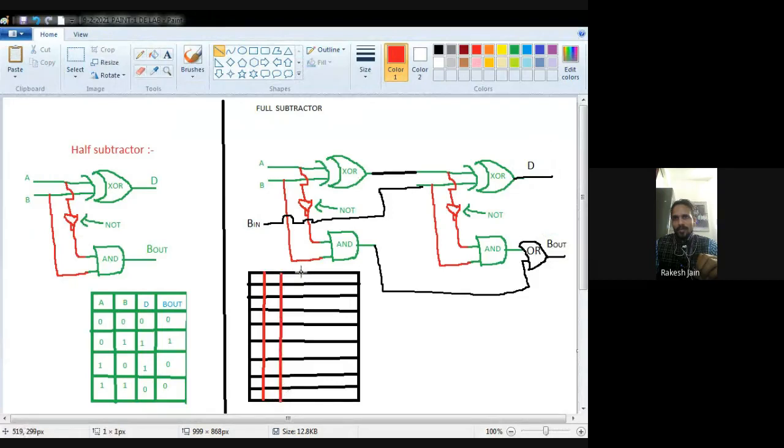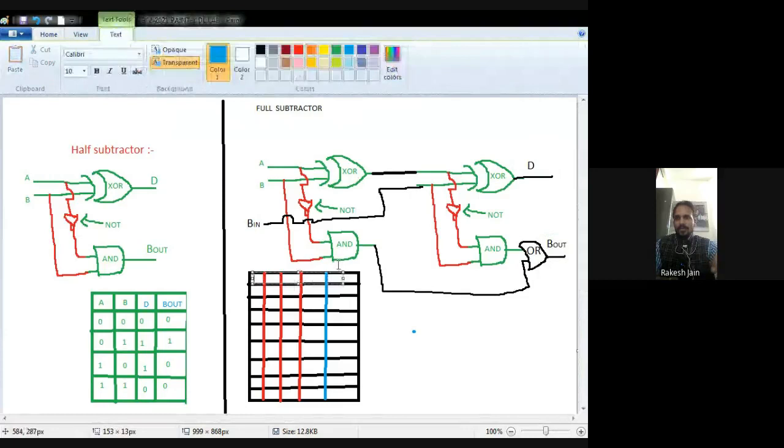Here the input lines: 1, 2, 3, 4, 5, 6, 7 and 8. Okay, so a total of 8 rows are there, and 3 input lines are there.